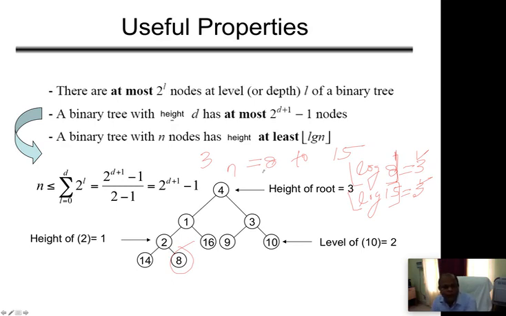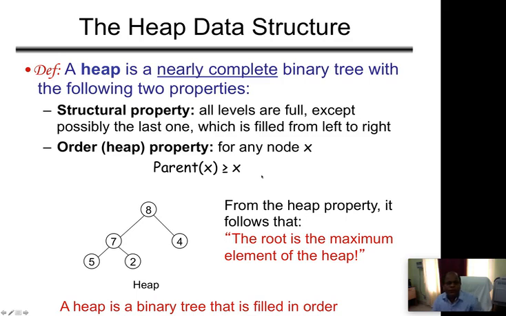Okay. Now next, the heap, a data structure. See, a heap is a nearly complete binary tree. What is it saying? A heap is a nearly complete binary tree. What is it? We have discussed two things: full binary tree and